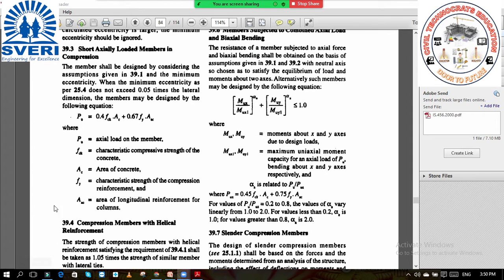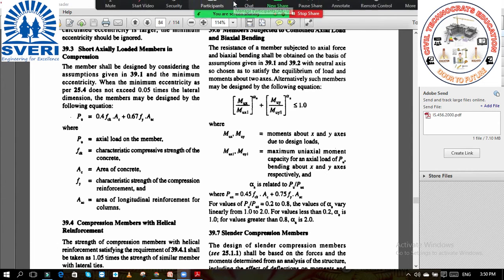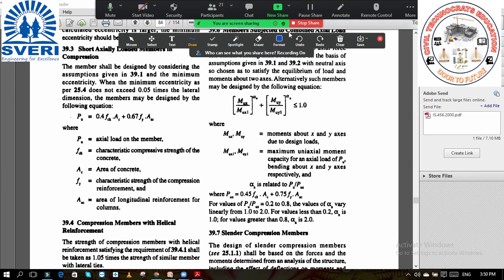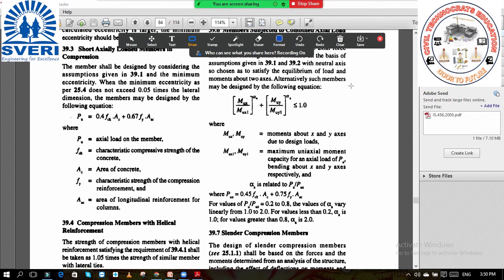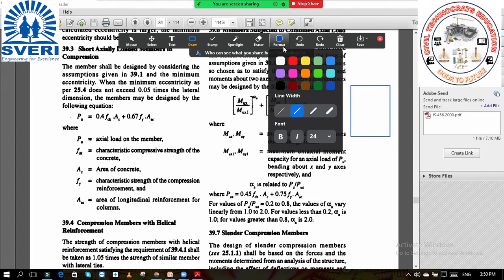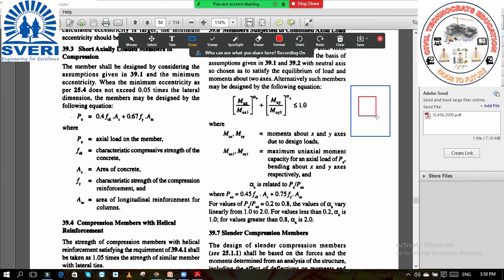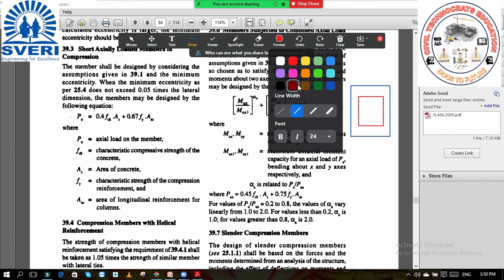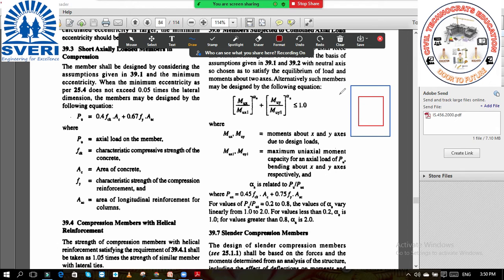now we will see two types of reinforcement provided in the column. If you closely see the column, if I draw the diagram, suppose this is the column, and inside the column the stirrups are provided. This we have already seen in case of beams also. Stirrups are provided, and then the reinforcement bars are provided like this. These are the reinforcement bars in the column.